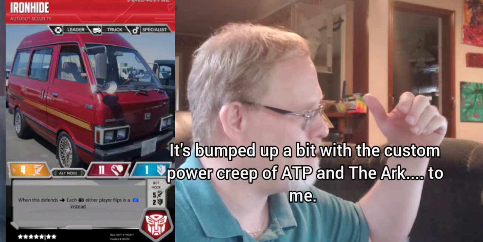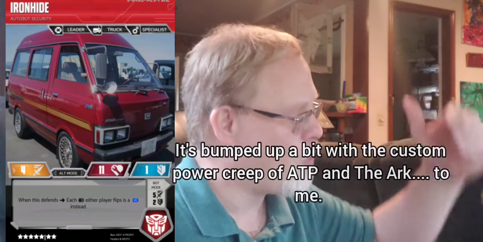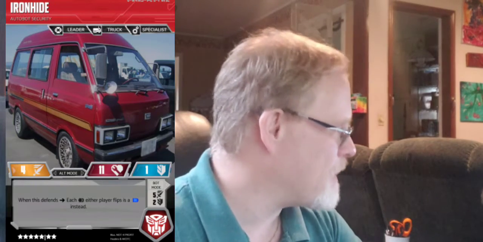So, my Ironhide, 4 to attack in alt mode, 5 to attack in bot mode. His defense is a little backwards from Buddy's. Alt mode only has 1 defense. His bot mode goes up to 2. But when he defends in alt mode, each black pip either player flips is a blue instead. So you're going to be